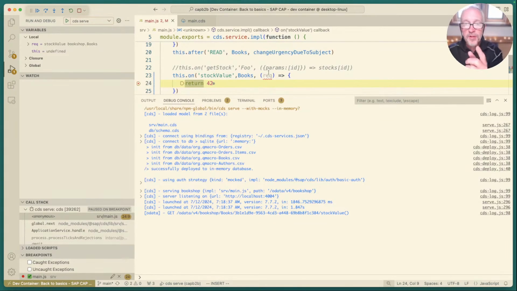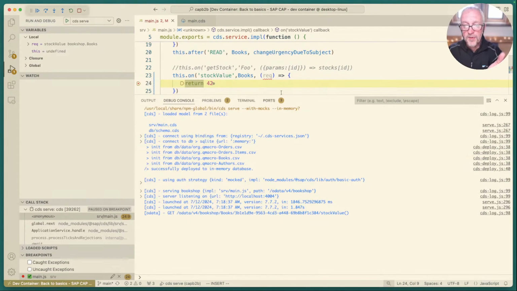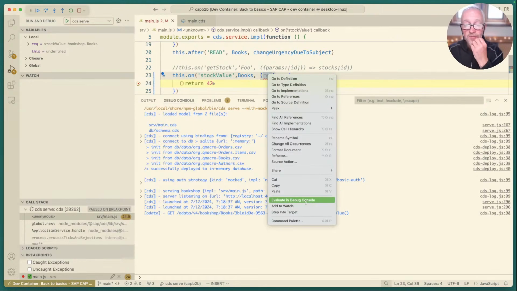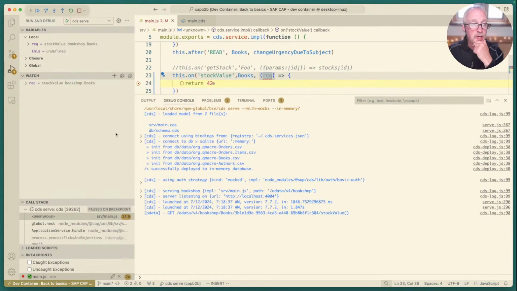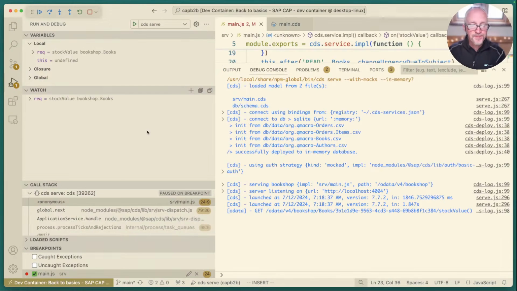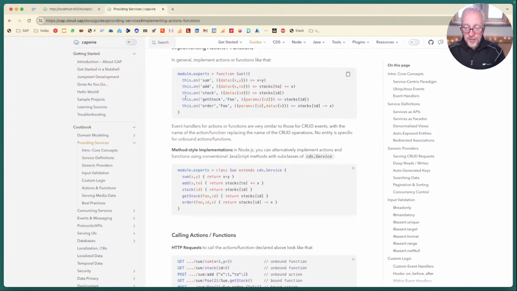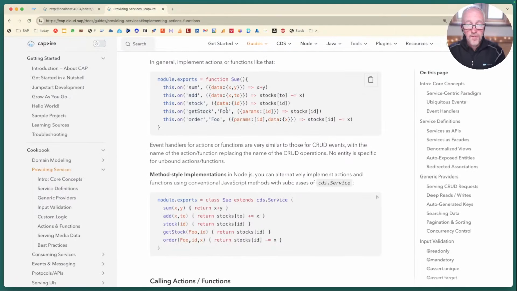So what we can do is hover over that in the debugger in VS Code, very nice, and see lots of things here. But sometimes the hover thing goes away. So I can use this and say right click, add to watch, and then we can see it here. Now, just going back here and putting this in our brain, this on getStock foo,